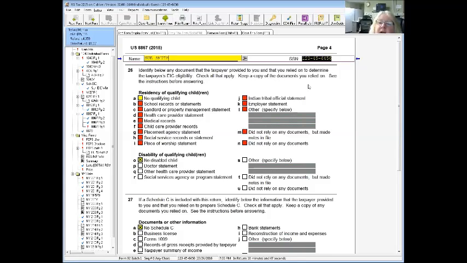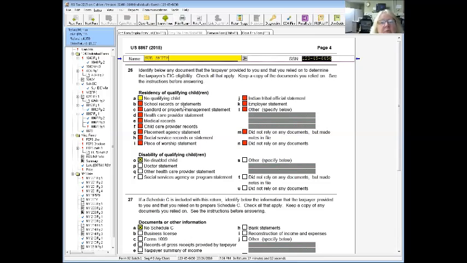Keep a copy of the documents you relied on. They want us to keep a copy, okay? We can scan them into our computer. You'll see all that, not here in practice, but photocopies. Some people will bring in extra copies because they know they have to do this. They'll say, I made this copy for you to keep. That's what we need. We need the proof.